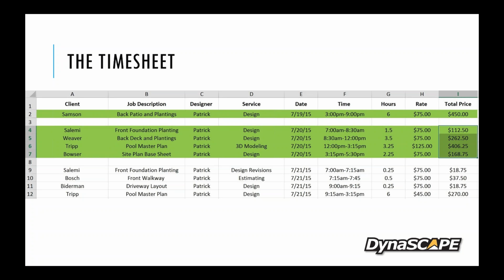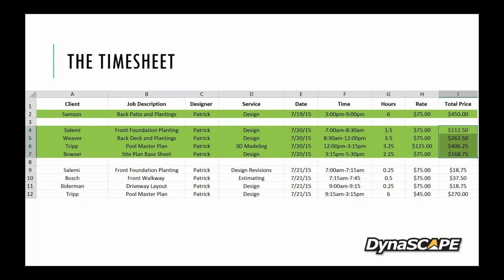What day you did it, when you started and stopped it, which was 3 o'clock to 9 o'clock, how many hours you worked, and what the rate was, and you calculate that, and you see how much design time you put in, or how much billable time you really did. For me, it's good because I can look through every day and see how much money I made. And one of the cool functions of Excel, if I had functionality I could do this, I would love to show you, but if you just highlight